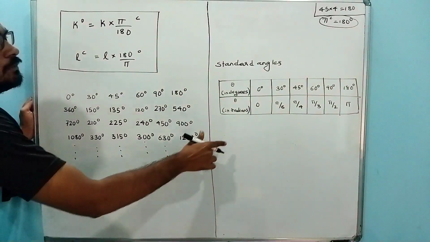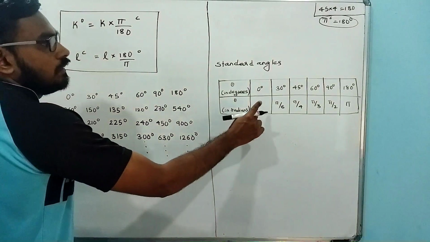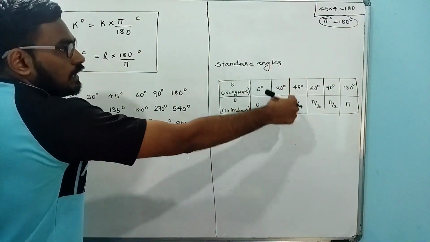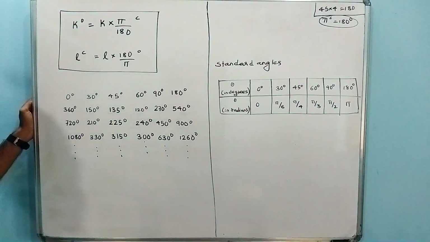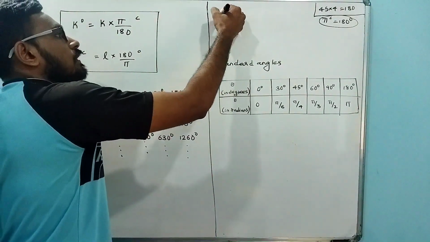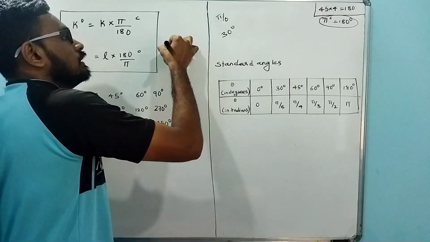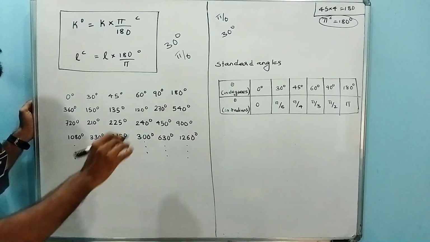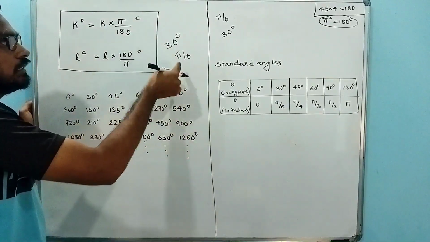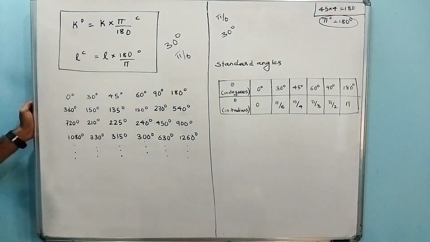And the last and most important thing is this: you have to remember for standard angles, radian measure and degree measure, both. Okay, so if you remember directly, means if you are asked pi by 6 directly, you can tell 30 degree, or whenever 30 degree is given directly, you can tell pi by 6. If you remember that pi by 6 is 30 degree and 30 degree is pi by 6, that will be helpful for you to solve the problem. Okay, similarly for the remaining.